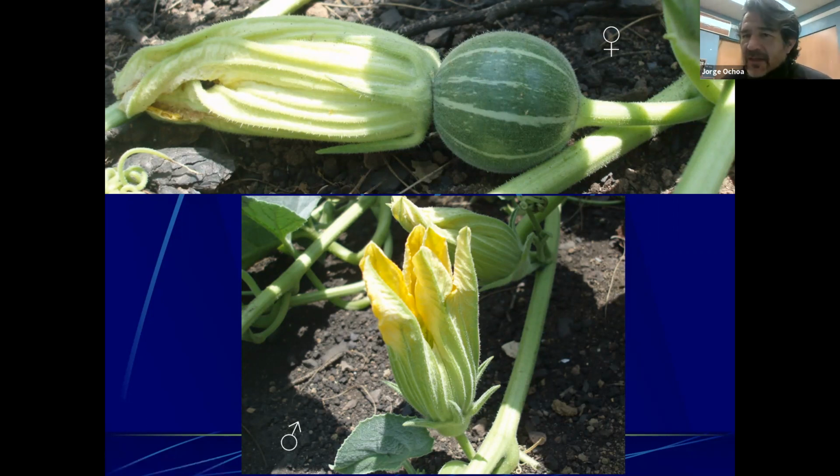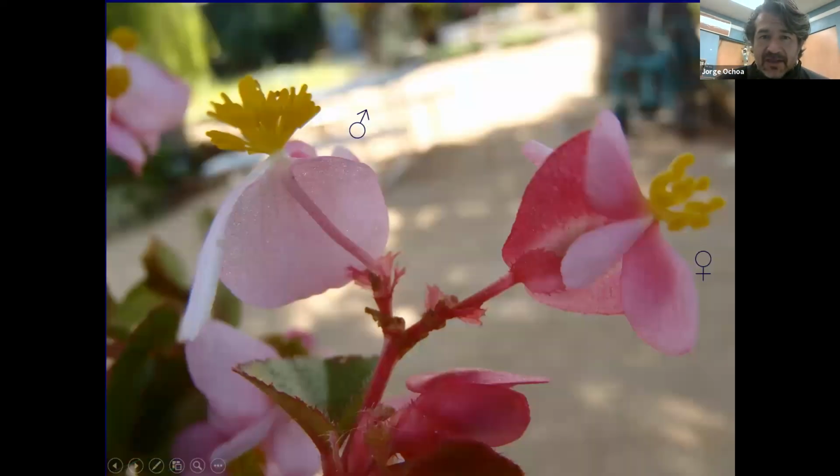And so they're going to be produced in different areas of the plant. And normally on a cucumber or a squash or zucchini, there is going to be a lot more male flowers that are going to produce versus the female. And so the male flowers are going to be numerous, whereas female maybe 3, 4 per plant.